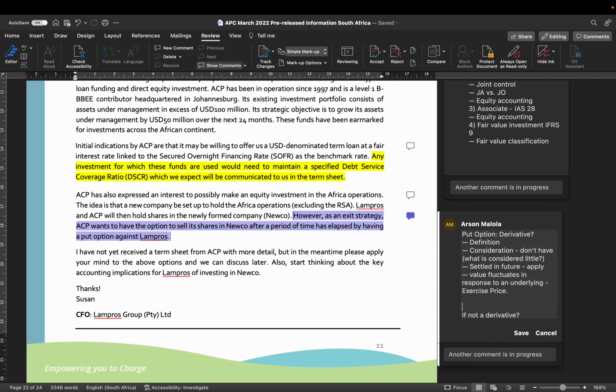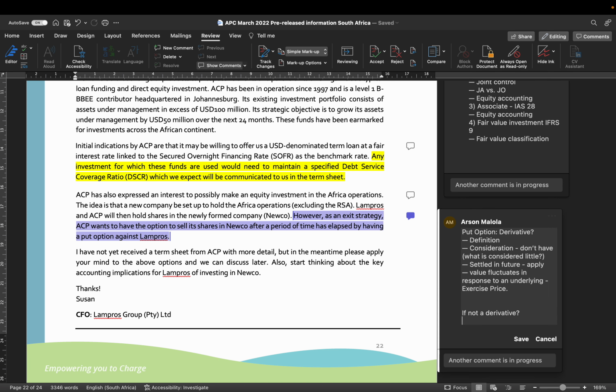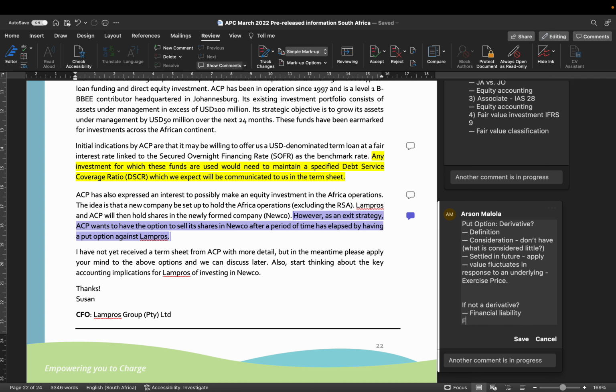But what's important to also discuss is, what if it's not a derivative? Your thinking and your research needs to consider that too. I speak about considering alternatives. What if I'm getting information in this way, so I conclude derivative? But then what if I'm given information in that way and I conclude that it's not a derivative? Then what is it? Then you continue with the definitions. Try the definition of financial liability. Try the definition of a financial asset.